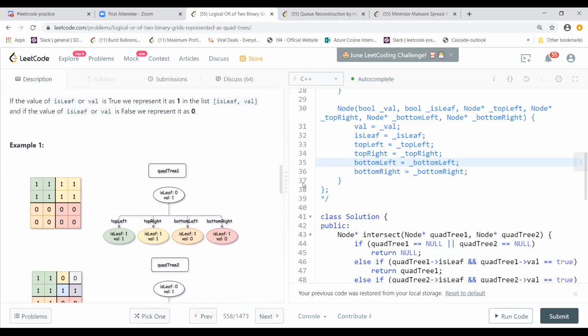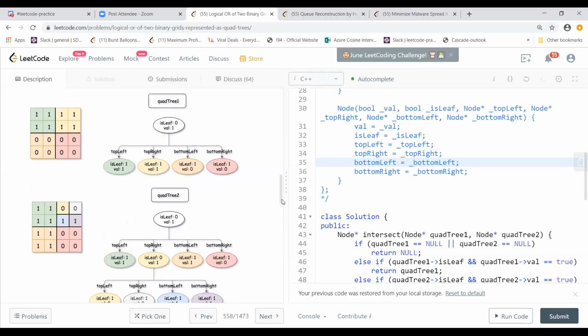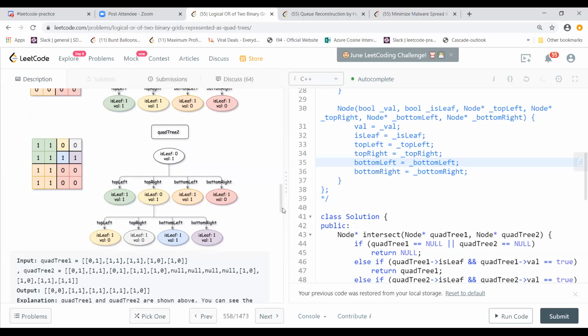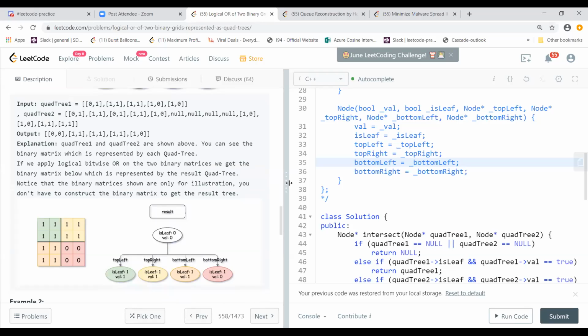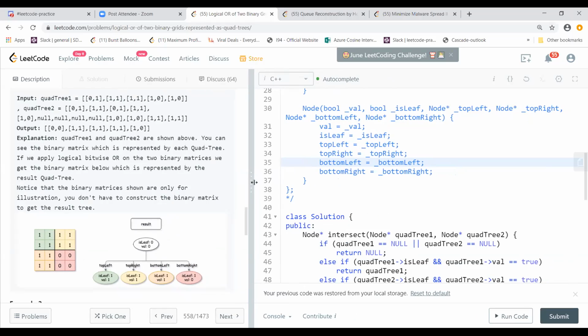If we look at example one, this is the way it is represented: top left, then top right, then bottom left and bottom right. We need to use these two trees and give an output like this. It's a bitwise OR of the two matrices, the first one and the second one.